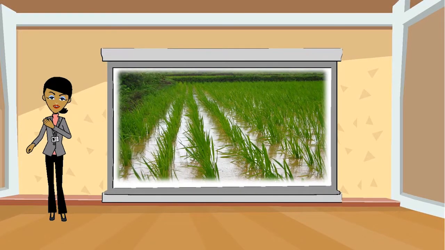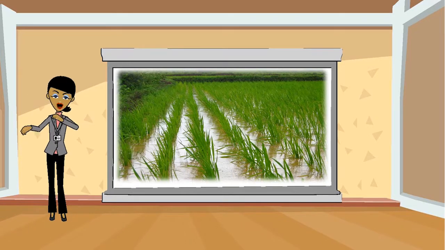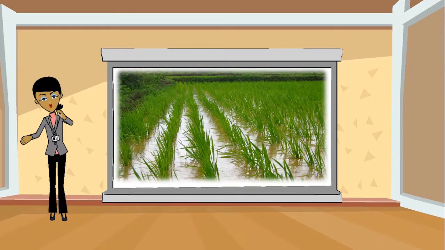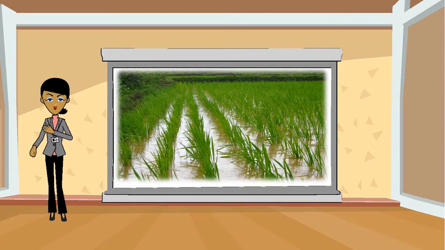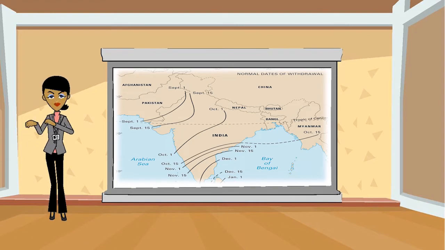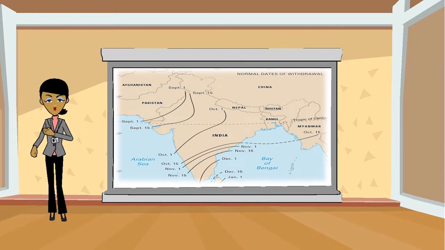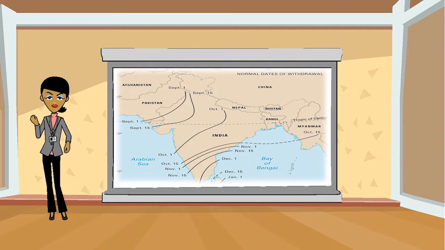Let's see what is the importance of monsoon in India. We already know the climate of India is of monsoon type. The economy and lifestyle of people of India is based on this type of climate. Though India experiences various other weathers too, monsoons create the most impact. Monsoons are the reason behind the climatic rhythms in India.